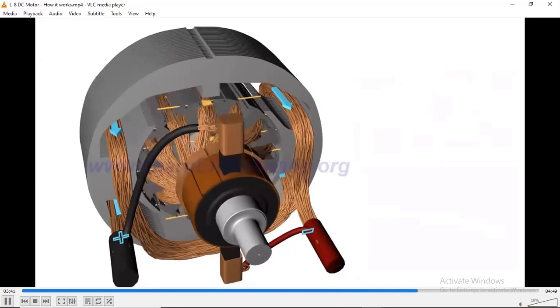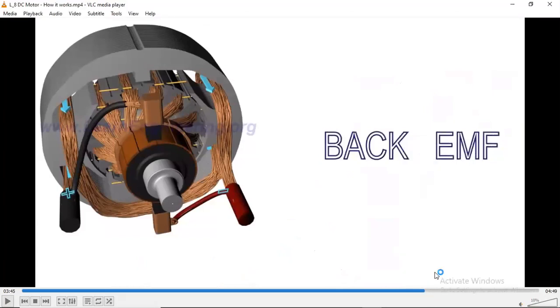If anyone has any kind of query till now, please feel free to discuss. This is the main aspect in a DC motor, that is the back EMF. I will tell you in detail about back EMF, but this is not a good time to explain it, because we need a whole lecture for back EMF. But I will explain some statements by which you can understand the concept of back EMF. Back EMF is particularly like Lenz's law.